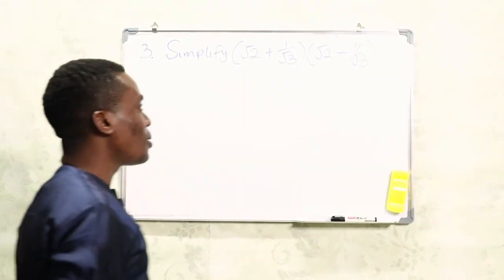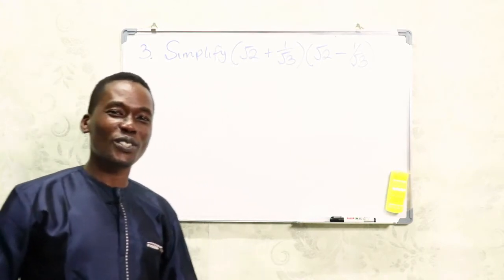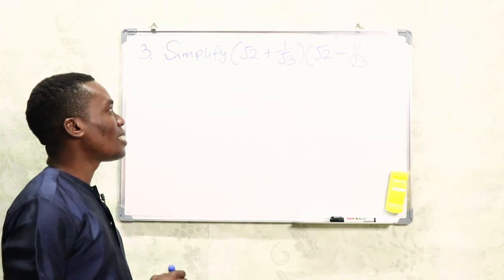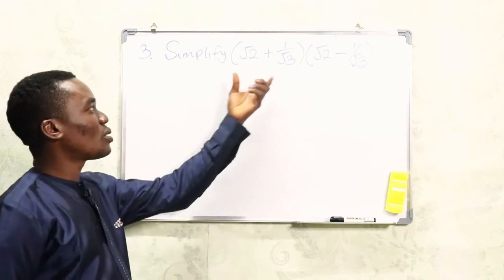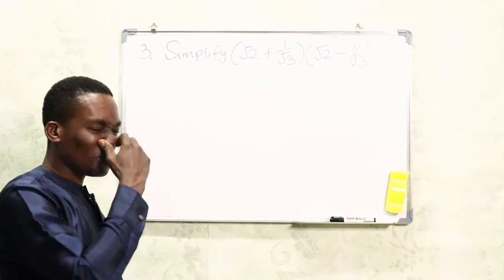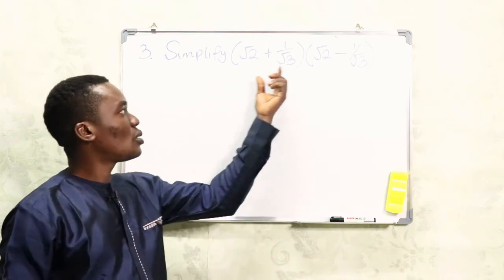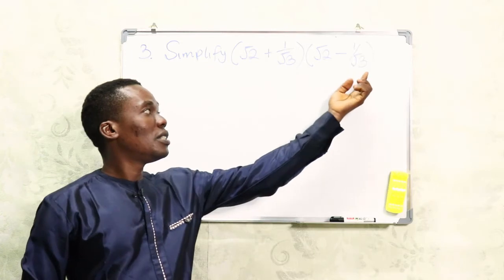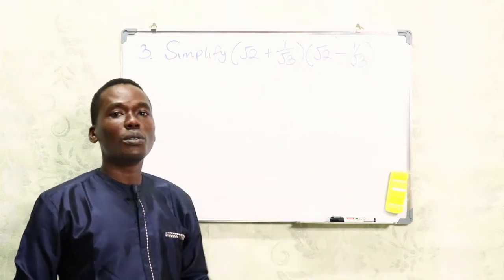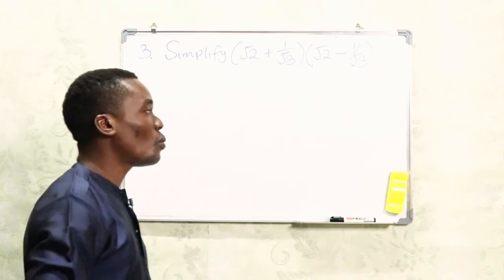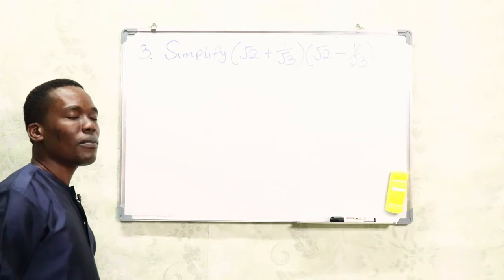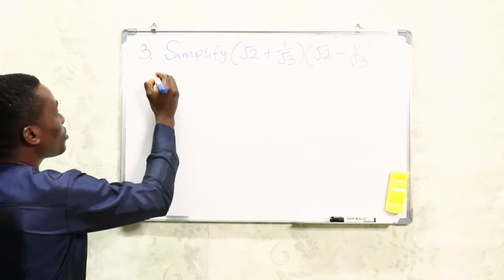Now finally, let's look at the final sample question for today's topic, surds. If you notice, the final sample question is a question on the multiplication of these two surds. If you notice these two, the denominator of the second values is the same, and they have √3 as their denominator. So what we need to do is to rationalize that value first so that we can have it simplified. Now let's rationalize